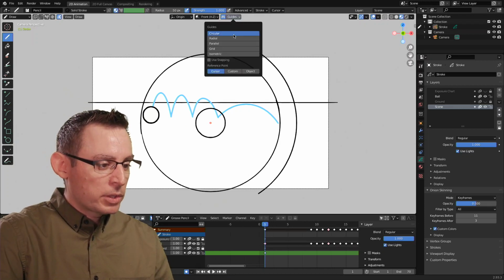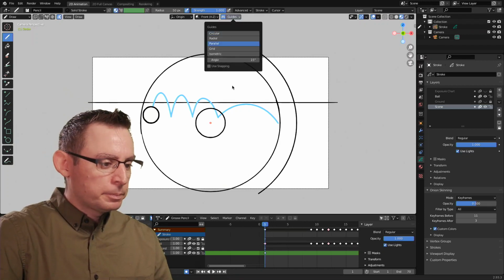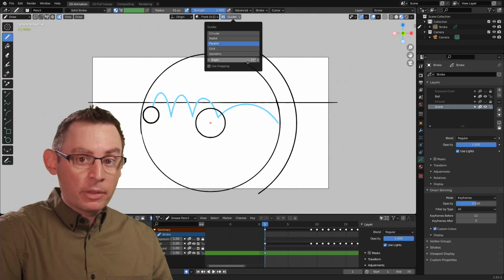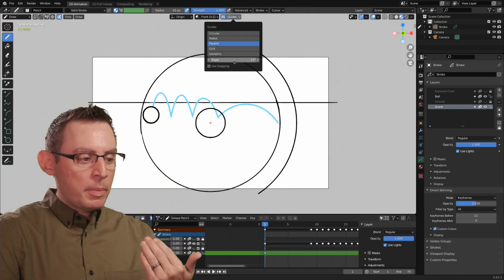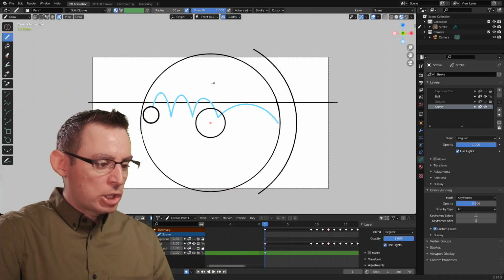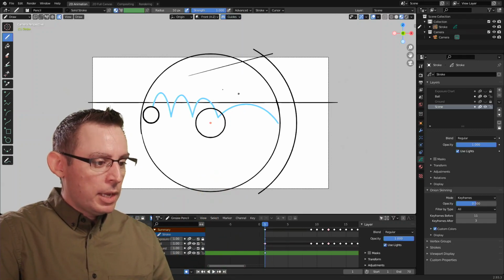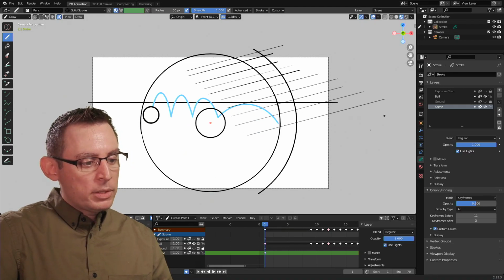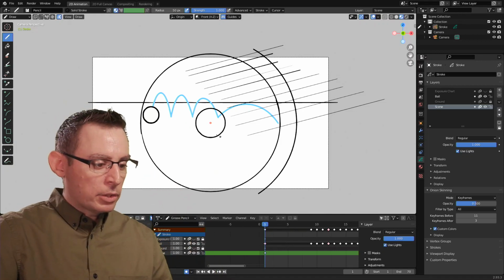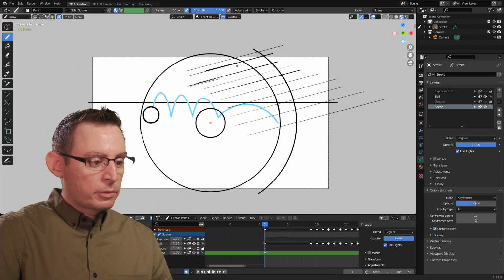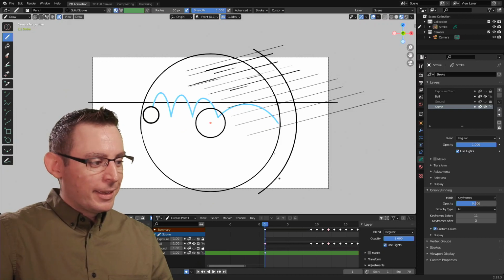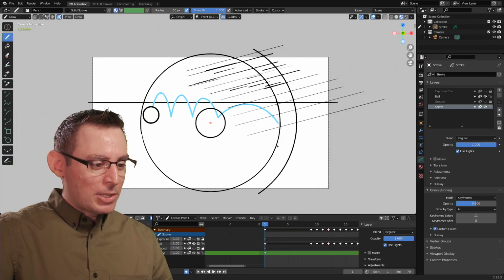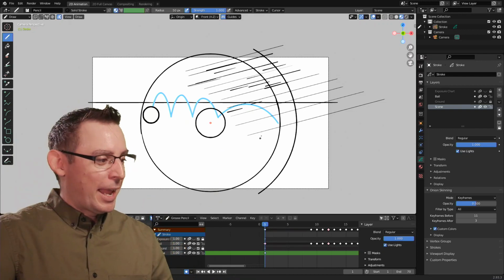Now in addition, the other ones that are pretty neat are parallel. Now with parallel, you have an angle here that you get to adjust. So maybe when you're plotting out your animation, you know that you want to have a line specifically at 15 degrees. Well, check it out. Now, I can create a whole series of parallel lines at 15 degrees. And it doesn't matter which direction you pull your mouse. It's always going to be 15 degrees in that slope. I'm actually dragging down right now from the top to the bottom on my tablet, excuse me. And you can see that it's still making a 15-degree angle, which is pretty neat.